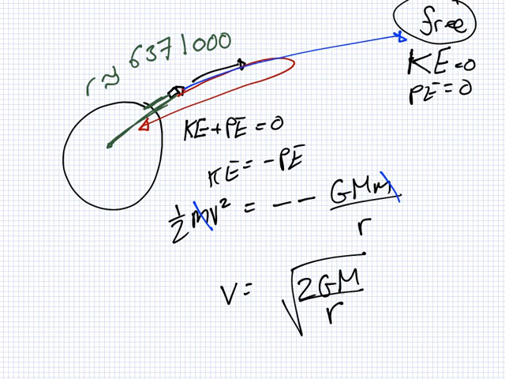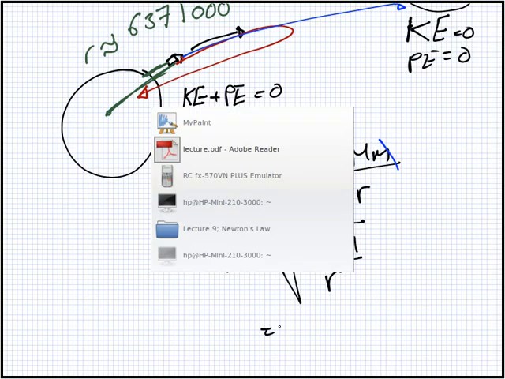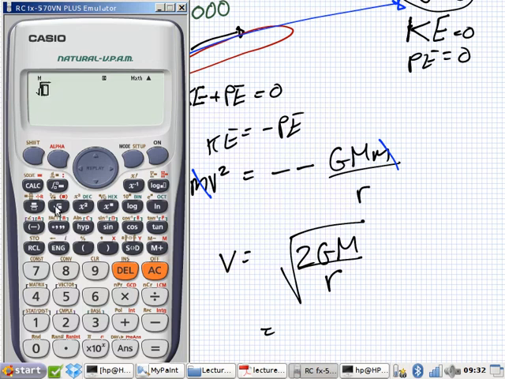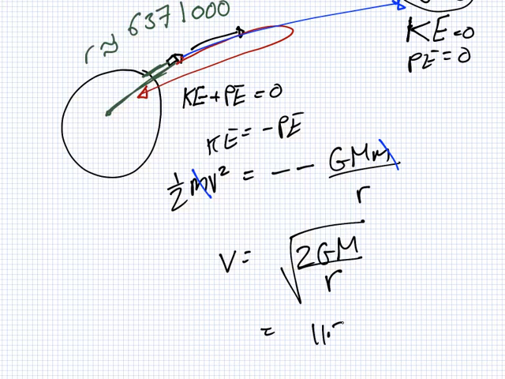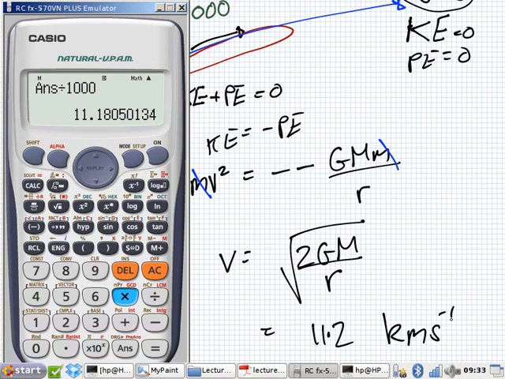Which we can type in. Okay, so 6.67 times 10 to the power of minus 11, and we said 6371000, times 2 times 5.9. 11.2 kilometers per second. Now, just to put that into context,